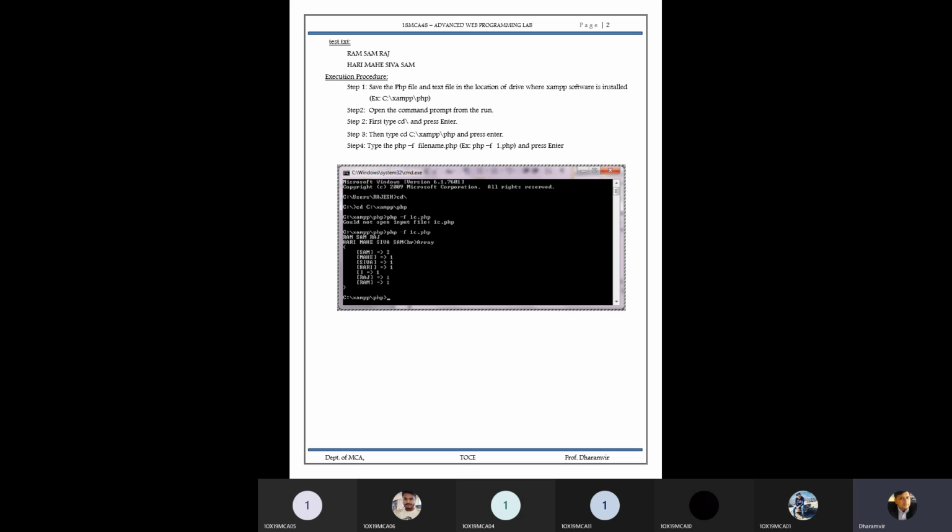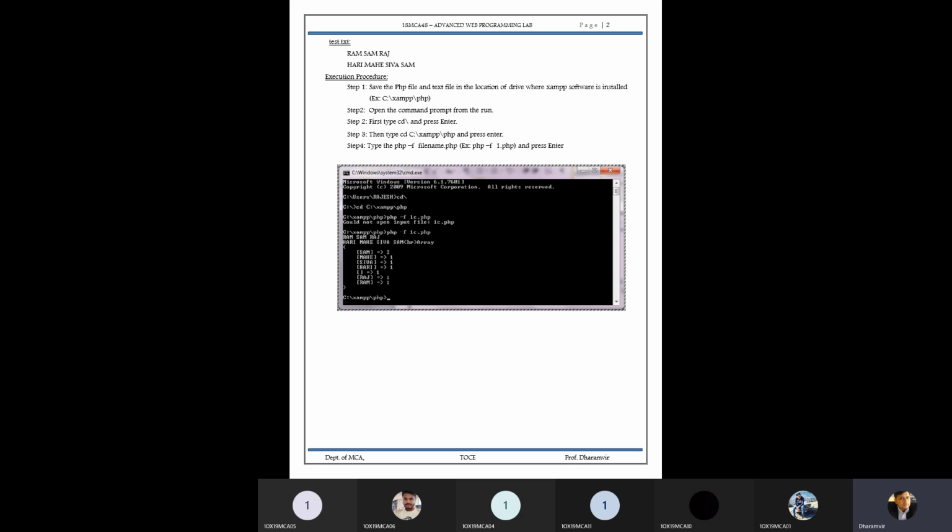So similarly, once we are going to use this parameter, we are going to use some text file. What is a text file? Ram, Syam, Raj, Hari, Mahesh, Shiva. That means we are going to write some text in a file that has to appear on the screen. So how will it appear? It will appear with the PHP file, with the PHP application. So a text file with some values.